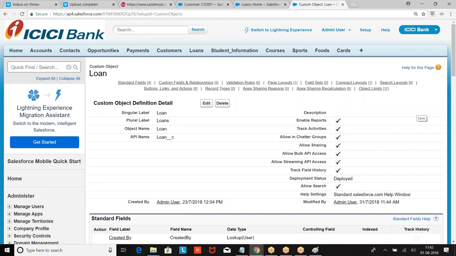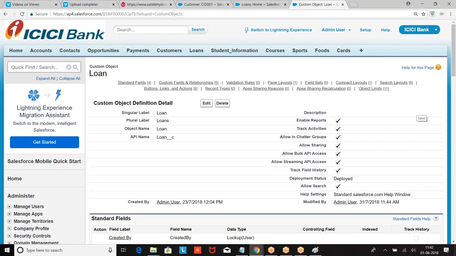I hope you are good. Clear for everyone? Any query from anyone? Concepts are clear? Okay. Let us go to the next data type. What is the next data type we have? Roll-up summary.